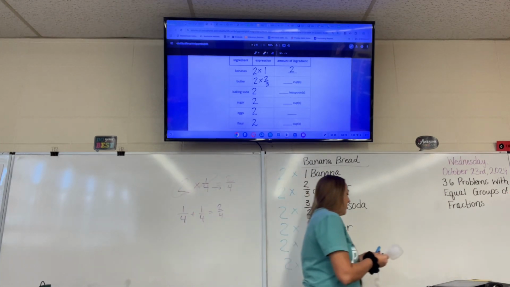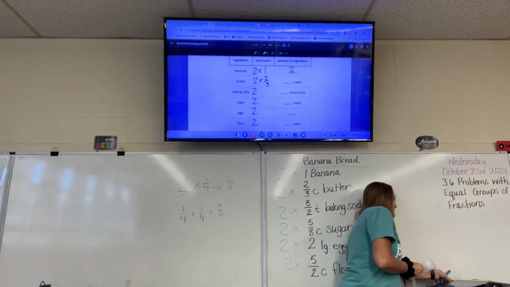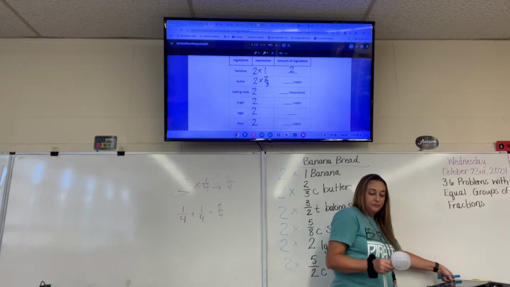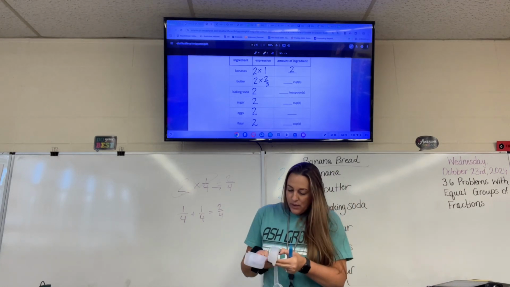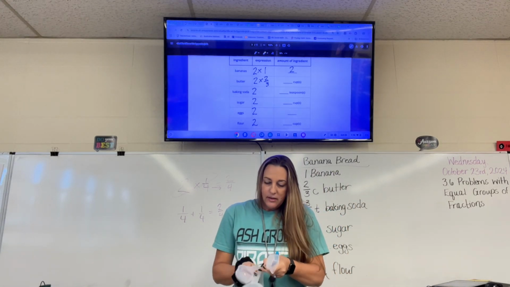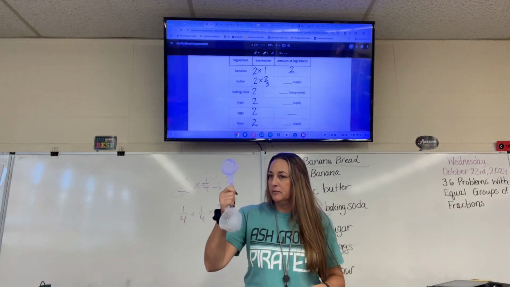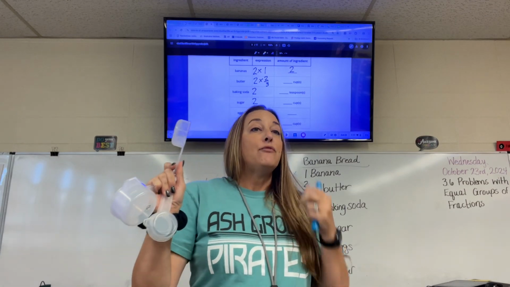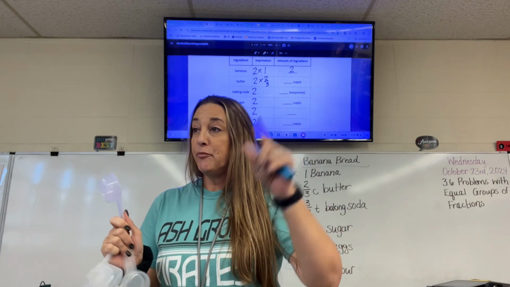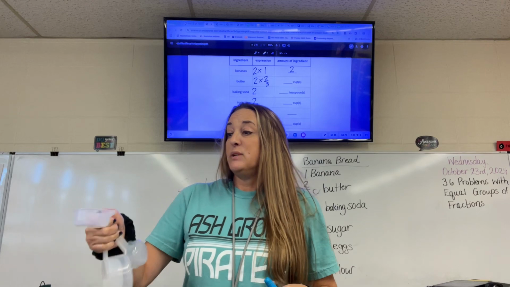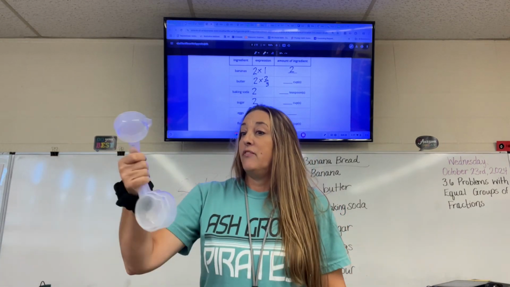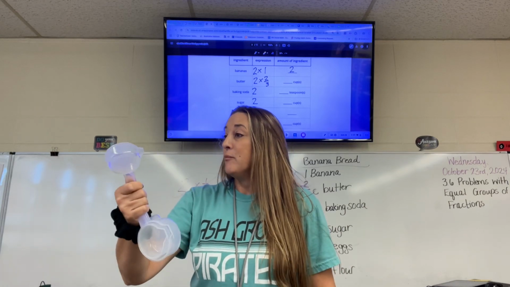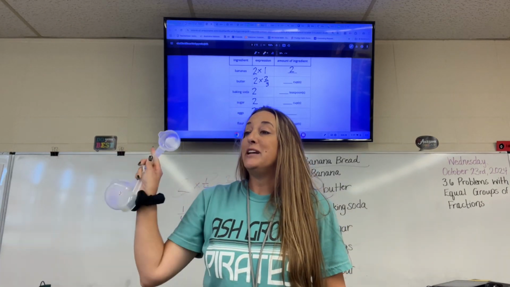I have measuring cups up here to demonstrate why the denominator does not change. Okay, so this cup right here is a 1/3 cup. So if you were making 1 batch of banana bread, Jackson, you would fill it up with butter, dump it in the bowl, fill it up a second time with butter, dump it in the bowl. That would be 2/3 size